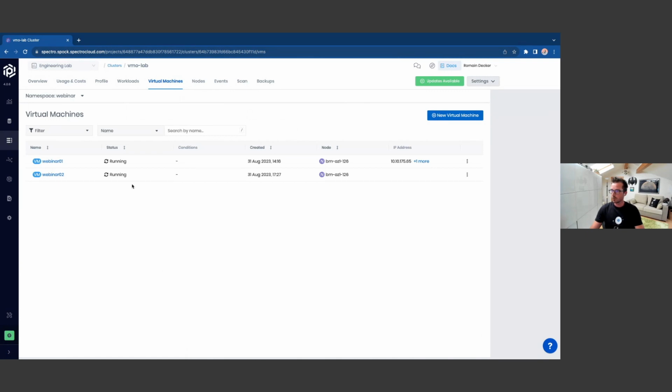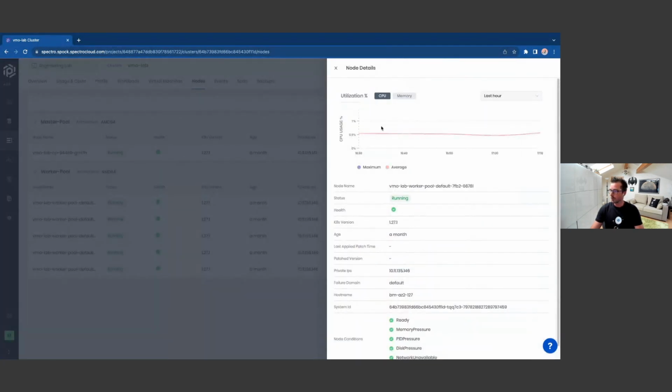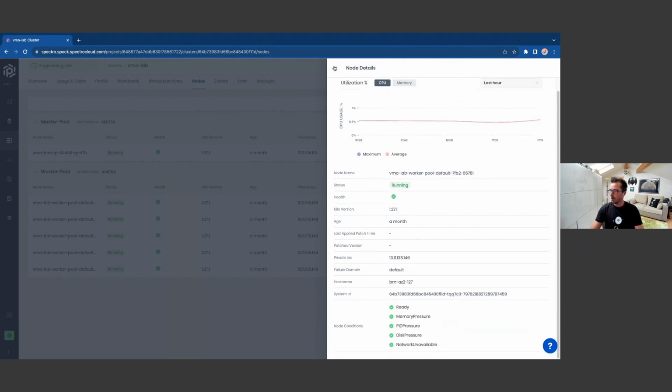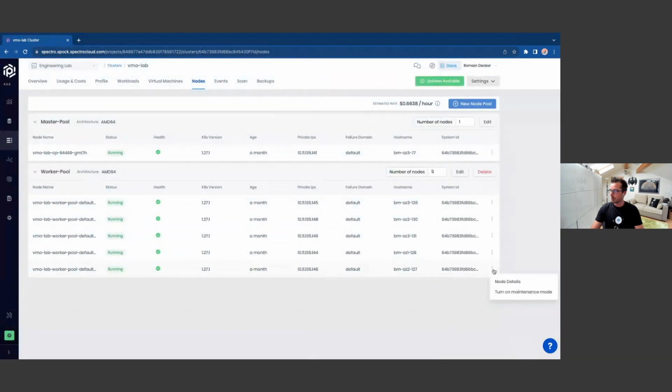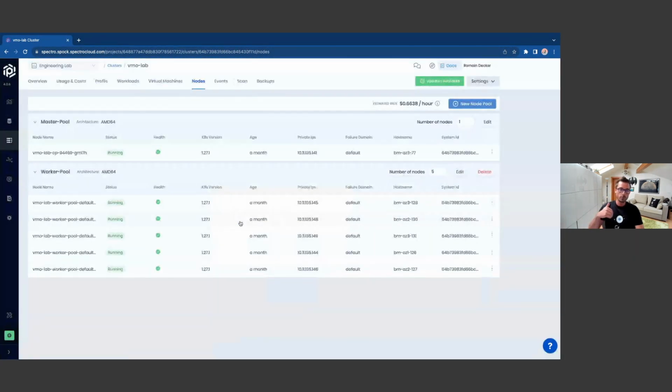So the webinar 2 now is starting and it's running. The VM that I just created based on my template is starting. It's started now. In terms of nodes, those are the nodes of the cluster. I mentioned that we have maintenance mode. If you select one node, you can see the status of the node, but you can also use the hamburger menu and do turn on maintenance mode, which means that the node will be drained.